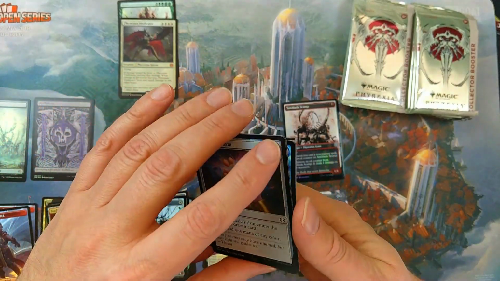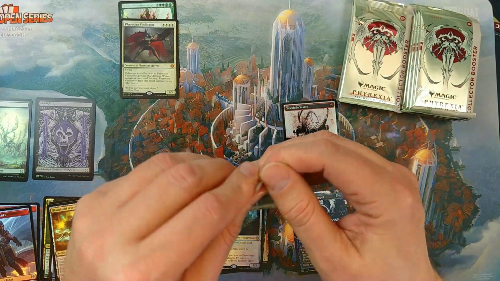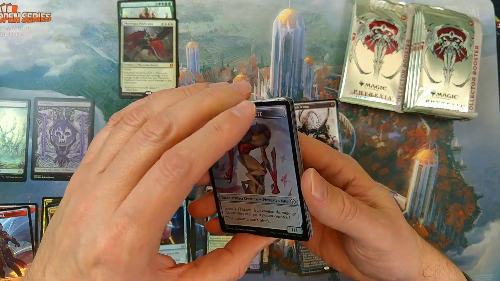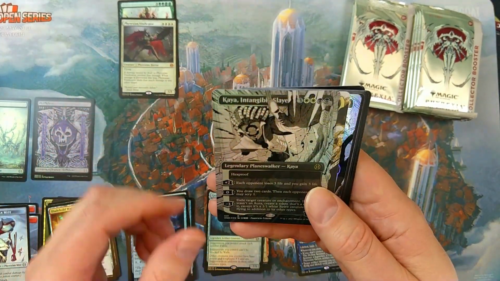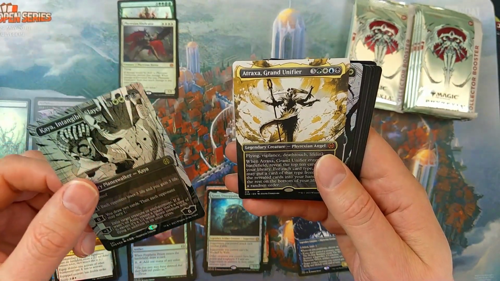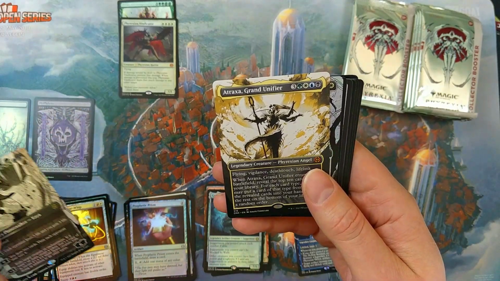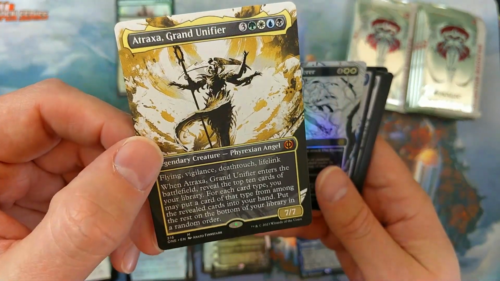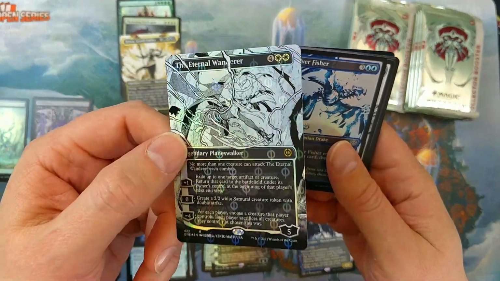So what has this set been doing? There's some weird stuff going on with everything. There's a die in the regular bundle, and people are all freaking out about it. Kaya, for a second there I thought it was ribbed. And we got a Traxos. Oh, everybody. The Grand Unifier. And the Eternal Wanderer, which in the slick...